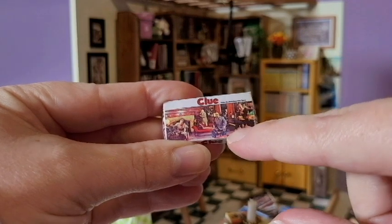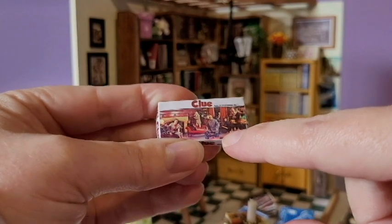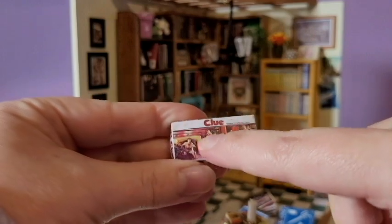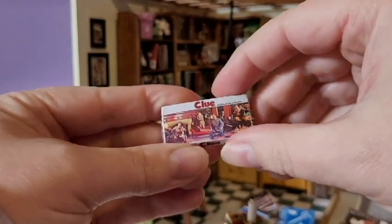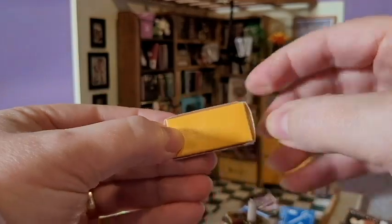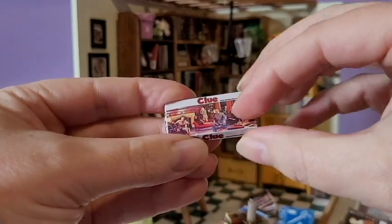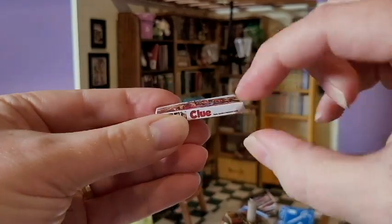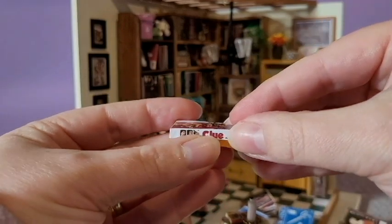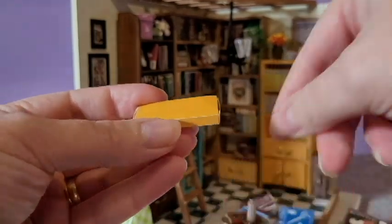This was my favorite game as a kid. I loved Clue. It was one of those games, whether I won or lost, I loved it. It was so much fun to play. I loved everything about it, the campy artwork and the whole premise. I used some of that same cardboard for the bottom, and the top is just paper with the image printed on it. But the best part about this one is that it opens, and inside